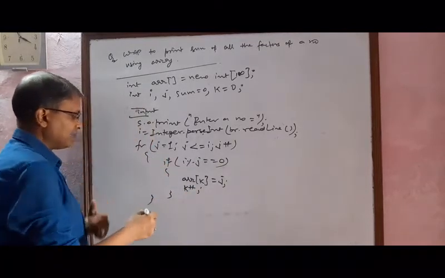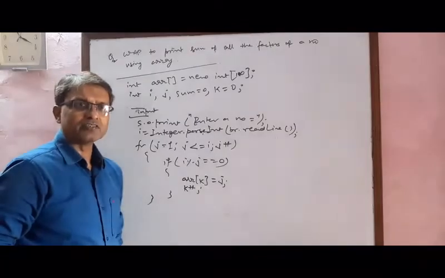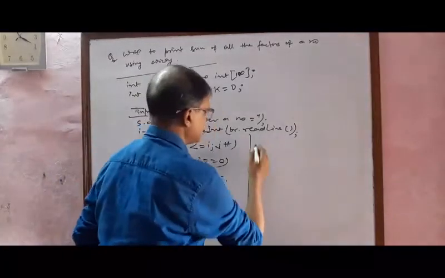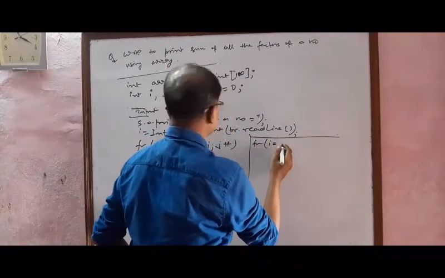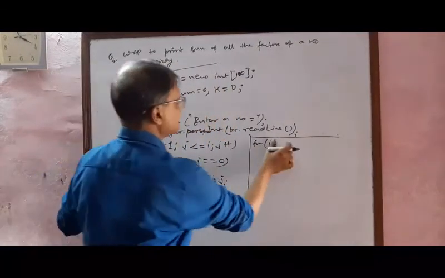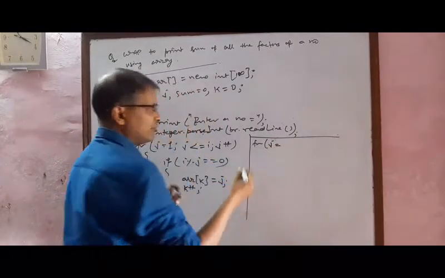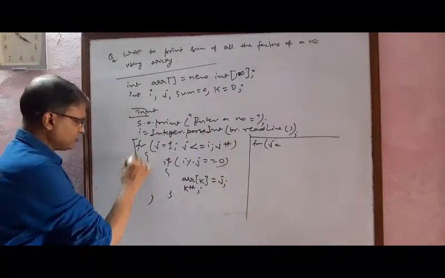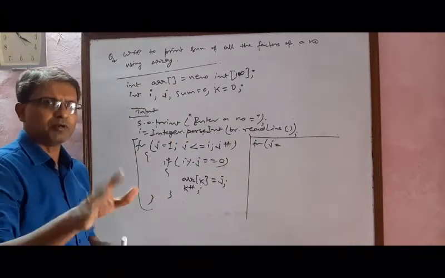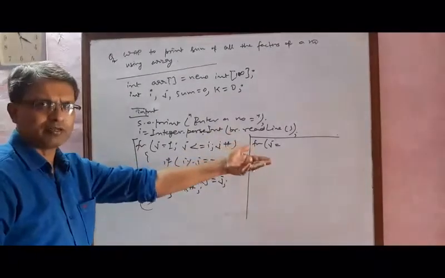After completion of this loop, you have got all the factors in the array. Now you have to find the sum. So run another loop for i equal to, i has a number, so again use j. Why do you use the previous variables? Actually, after completion of this loop, the work of j is complete. No use of j, so we are reusing the variable.